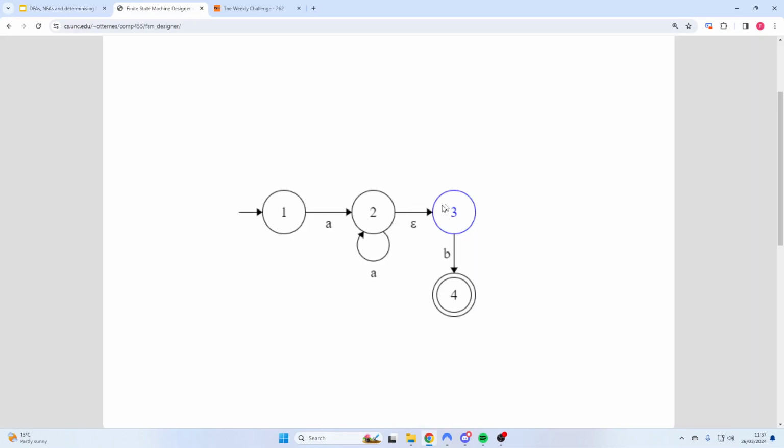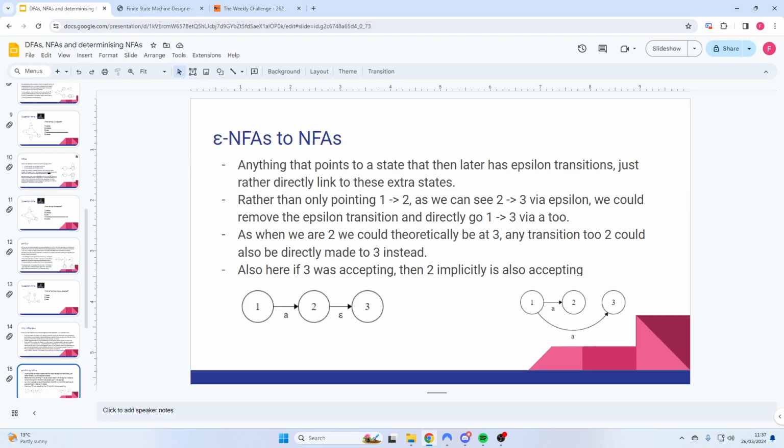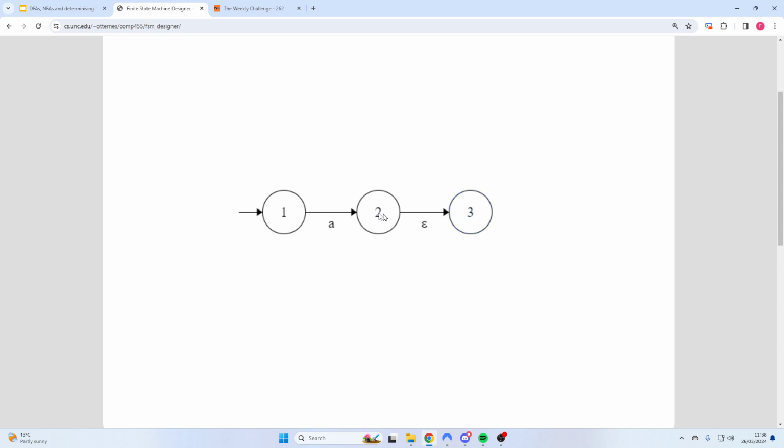What I mean by that is, if we had 1 and 2, so imagine 1 connected to 2, which connected to 3. If we want to remove this epsilon transition, the way I've worded it here is, anything that points to a state that then later has an epsilon transition, we just directly link to the state it reaches. So 1 goes to